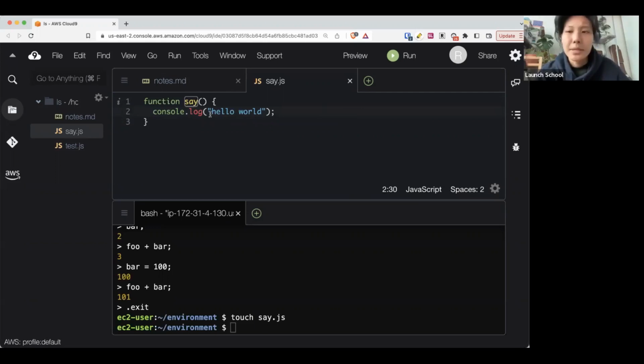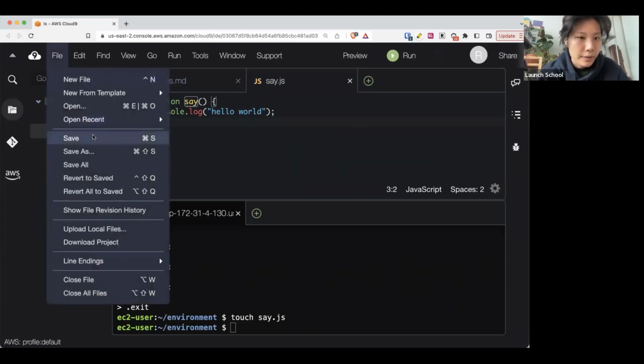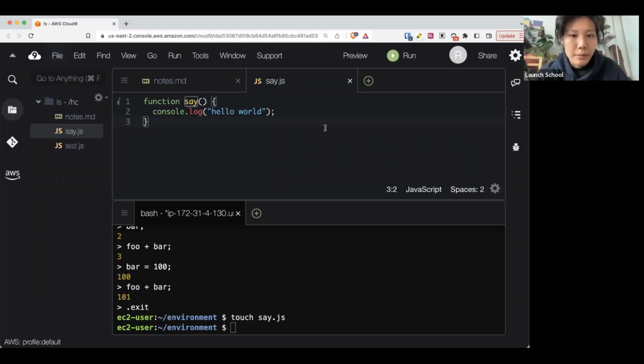Now let's run our program and see what happens. So I press Command S on my MacBook to save changes. I think you can go to File, Save here if you want to do it manually. And then we're going to go back into our terminal down below, and we run the file by typing node space and the name of our file, right? And if I hit enter,